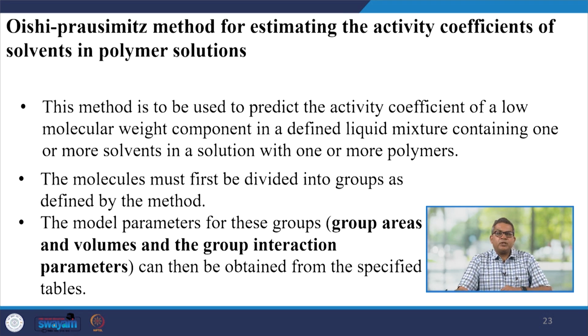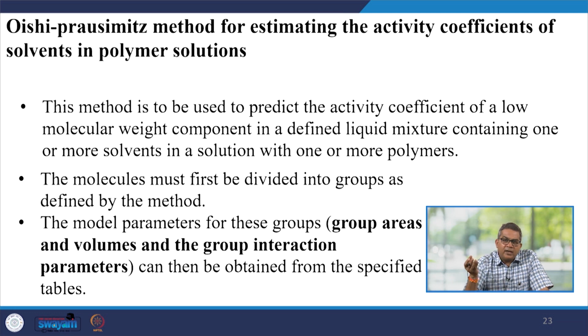Now, this Oishi method is for estimating the activity coefficient of solvent in polymer solution. This method is to be used to predict the activity coefficient of a low molecular weight component in a defined liquid mixture containing one or more solvents in a solution with one or more polymers. The molecules must first be divided into groups as defined by the method, and the model parameters for these groups